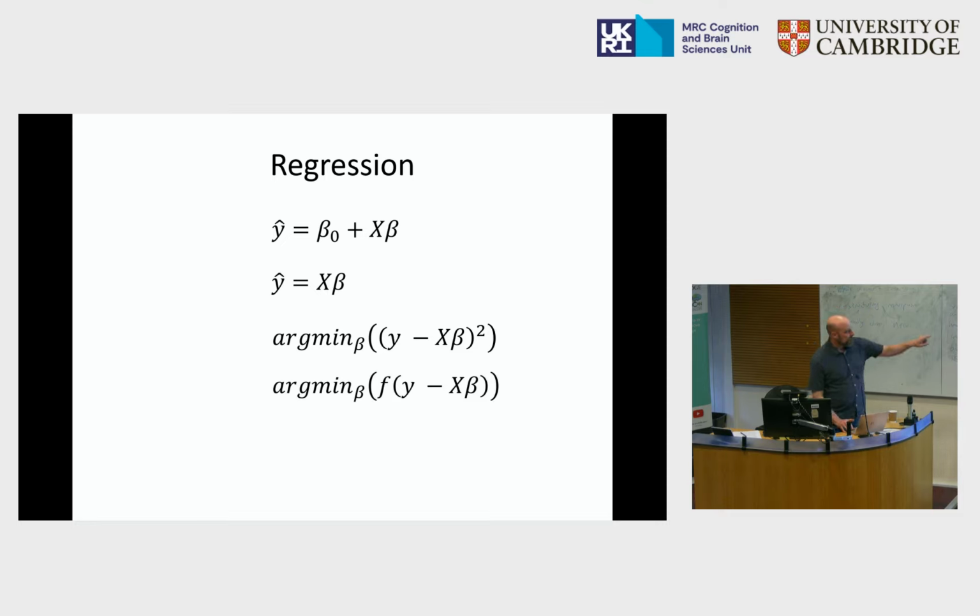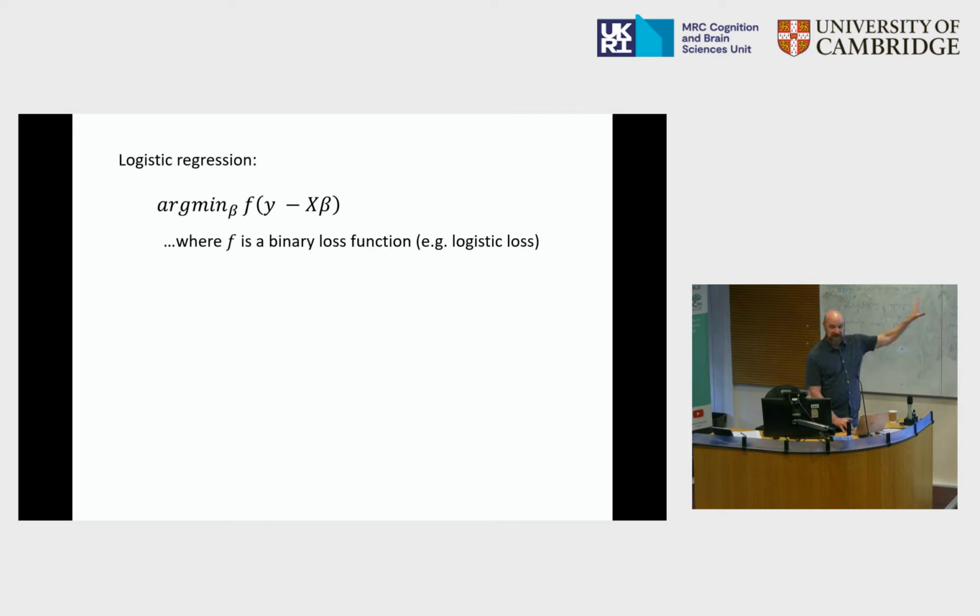So we can just replace that squared error loss with a different function that's suited to a binary classification task. The logistic loss is the common one that we use here. It basically says, if the output is positive, say animal. If it's negative, say non-animal. It doesn't matter how positive or negative it is. So this is plain old logistic regression.